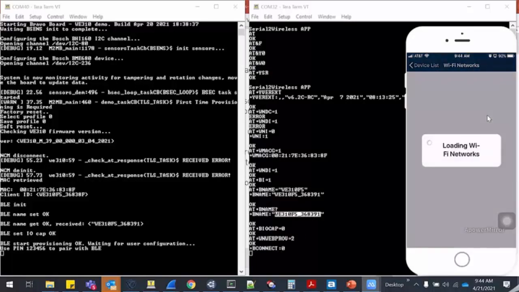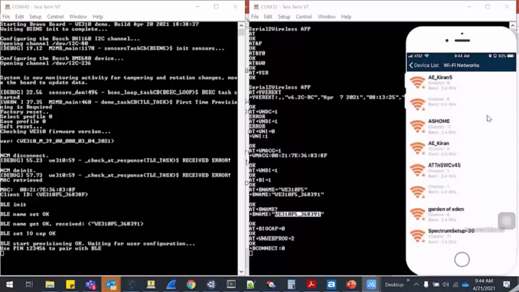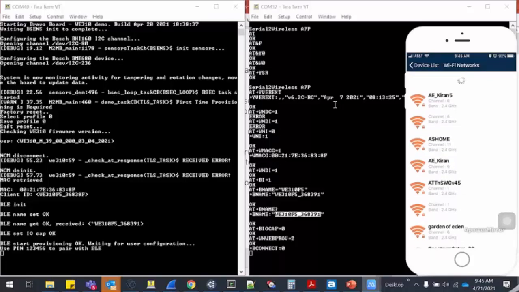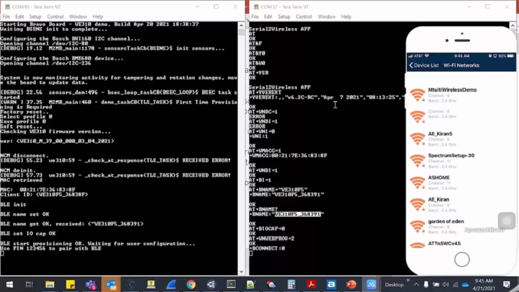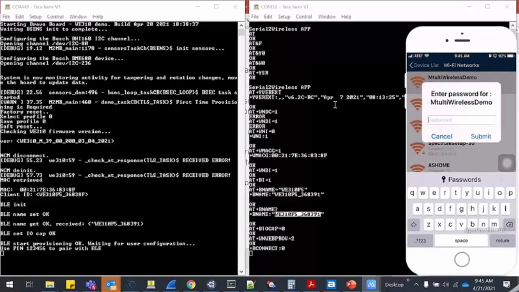So as soon as I connect, it scans for the Wi-Fi networks. Basically, it gives instructions to the Wi-Fi module to scan the Wi-Fi networks in your vicinity and give back to me. Okay, now anytime soon you will see a multi-technology network. So I have just started, and in the scan results you can see that it dynamically updates the scan results, and my password was